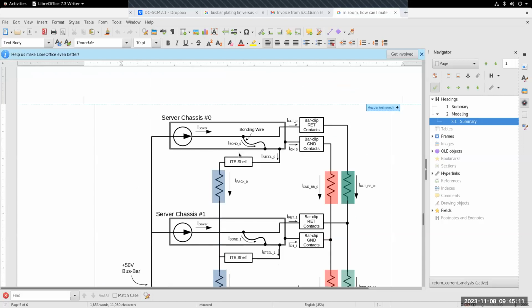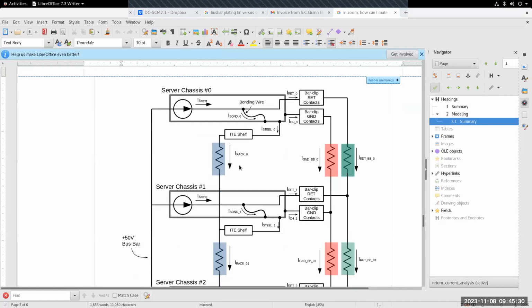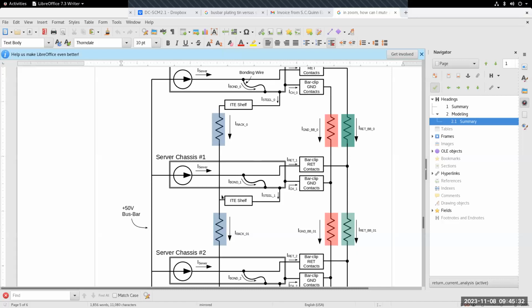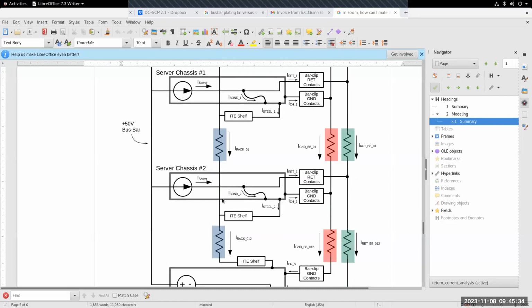And what I've seen most recently is that the steel is actually a better path. Steel has like 10x the resistivity of the copper in the bus bar, but the cross-sectional area of the steel in the rack is gigantic. Once you bond to the chassis, and the chassis mates to the shelves, and the shelves to the rack, now you're conducting through the whole rack, and that seems to be a pretty effective path.